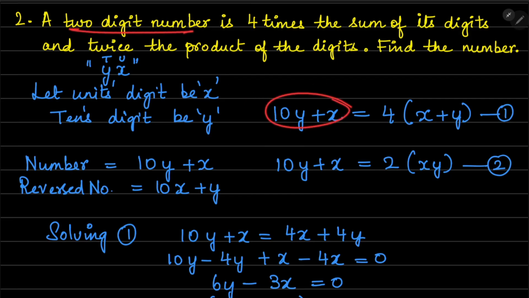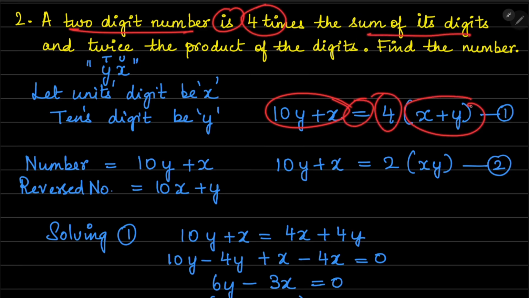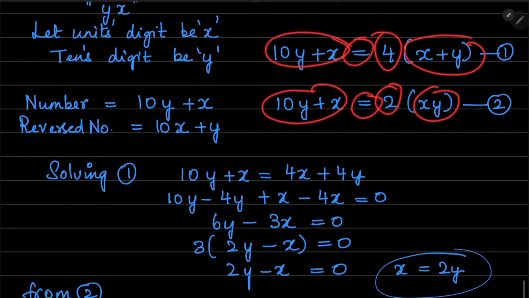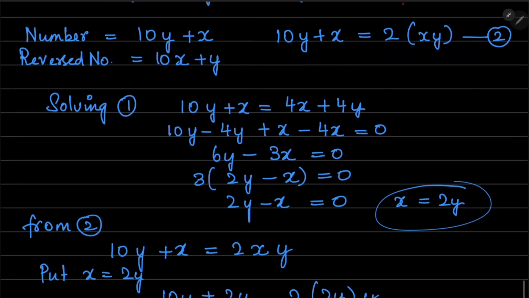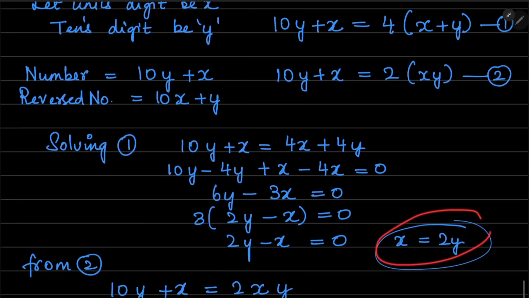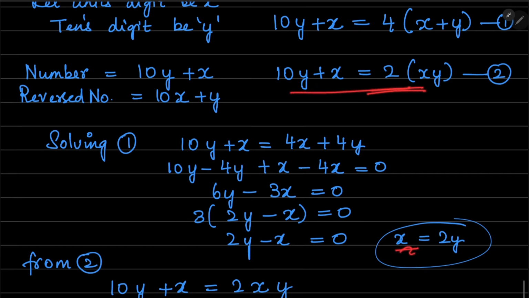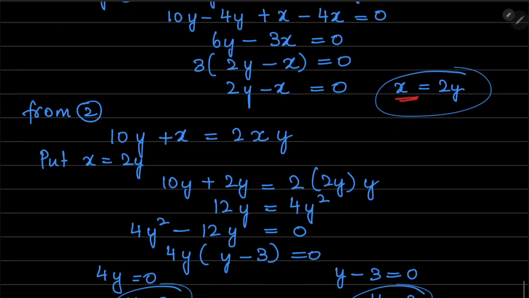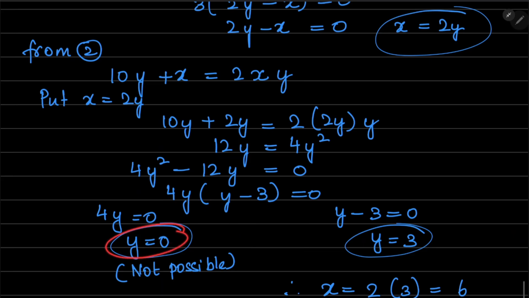So the original number is 4 times the sum of the digits. The 2-digit number is 2 times the product of its digits. And then you can simplify, open the bracket, solve for 1. Solving equation 1 or simplifying equation 1, you will get x equal to 2y. And then when you substitute the value of x as 2y in equation 2, you will be getting two possible